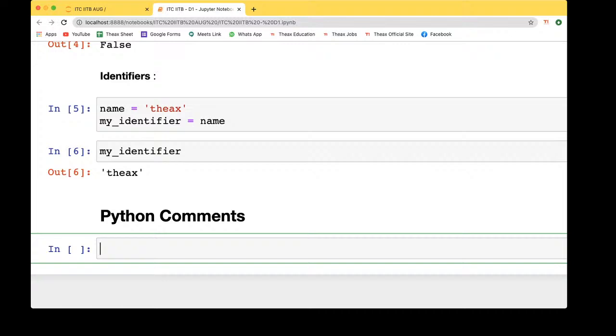I hope I'm clear to you. So this compilation part is done first when we execute our code, and this generates some byte codes, and internally these byte codes are converted in the Python virtual machine. That is the interpreted part. Okay. Fine. We'll go on with the Python comments.